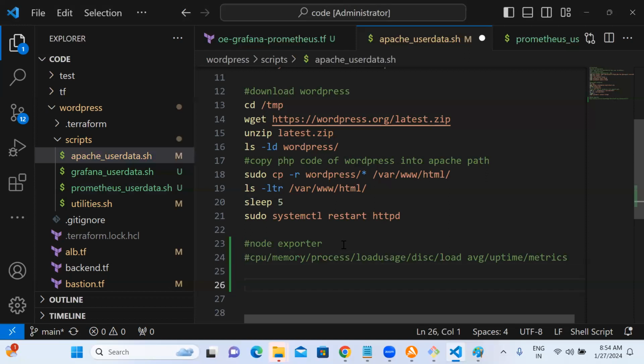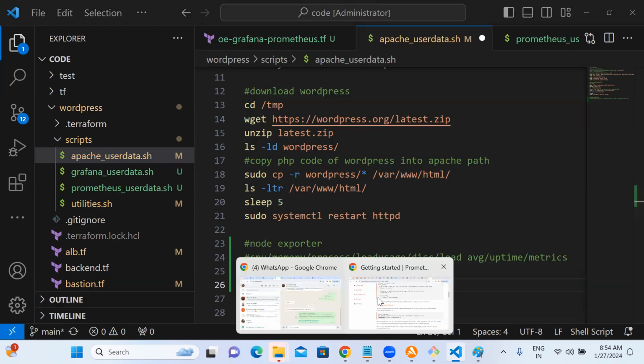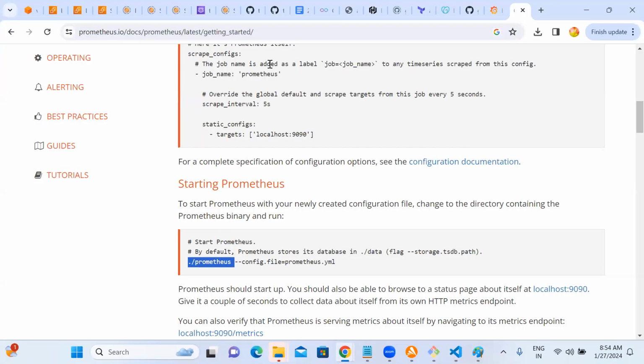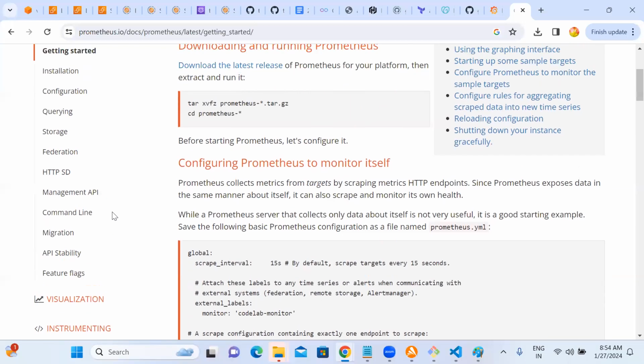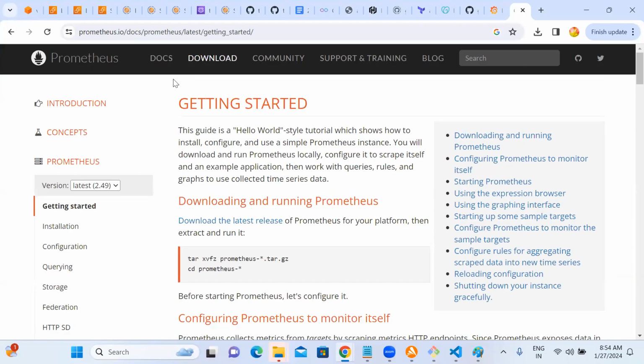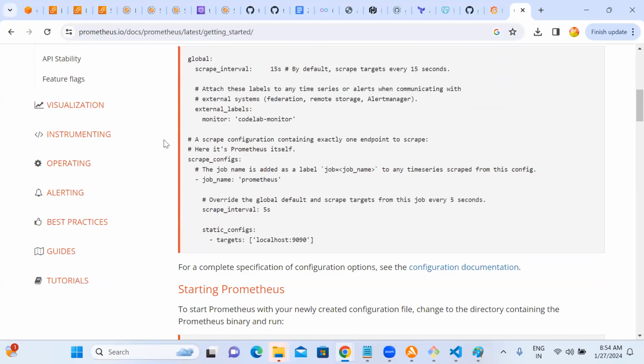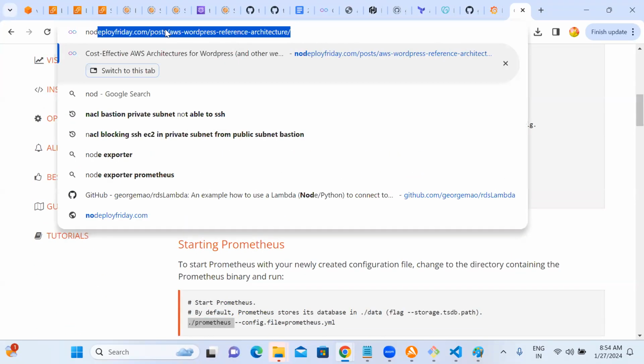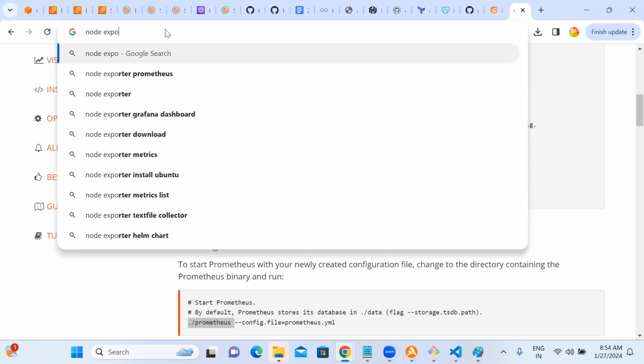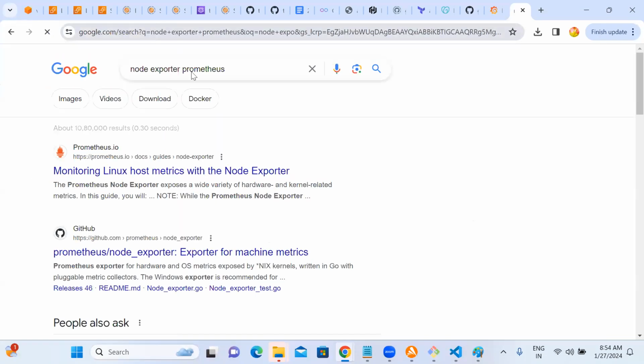It doesn't monitor inside Apache how many connections are there. Like you remember the netstat command, how many connections are there, it doesn't monitor that. Is Apache slow or something? It doesn't matter. You need to have another exporter, the Apache exporter, to do that. There are many exporters in the market. With this, we get all of this in one place, dude. There is one link I remember. They keep it at one place only.